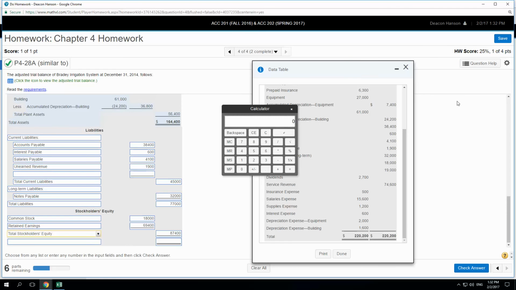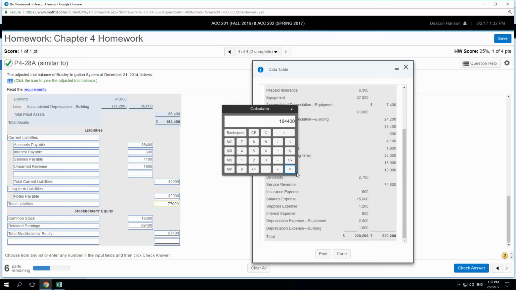Now, I have to add the total liabilities to the total stockholders' equity, and when I add those two, that number should match my total assets. Okay. If it doesn't, then we did something wrong. So we'll do that real quick. I'm going to take my 77,000 in total liabilities, and I'm going to add my 87,400 in total stockholders' equity, and I get